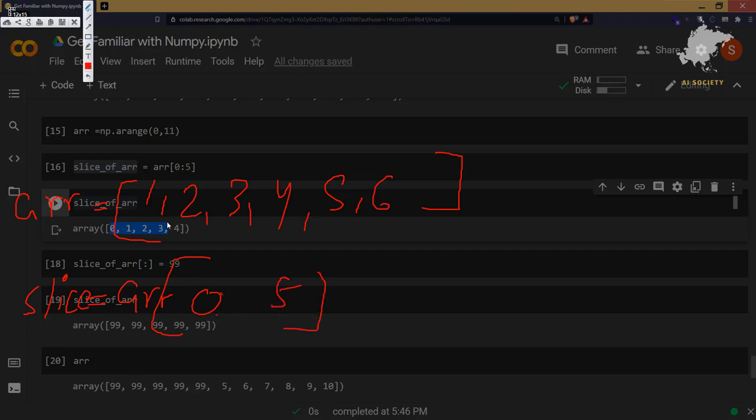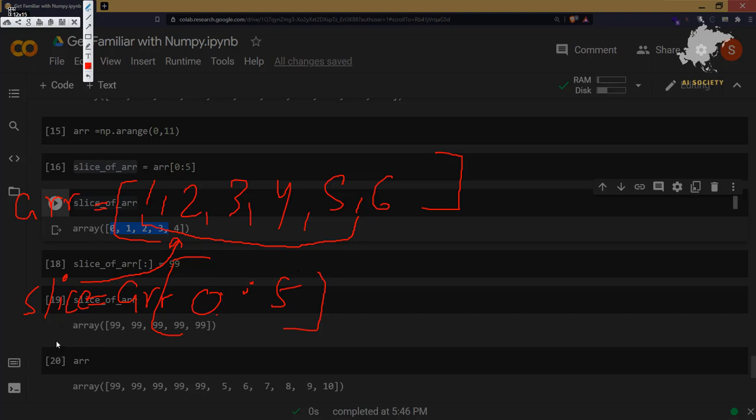This particular variable is pointing towards these values only, 0 to 5. So it is not creating new elements, it is pointing towards the same array that we have.